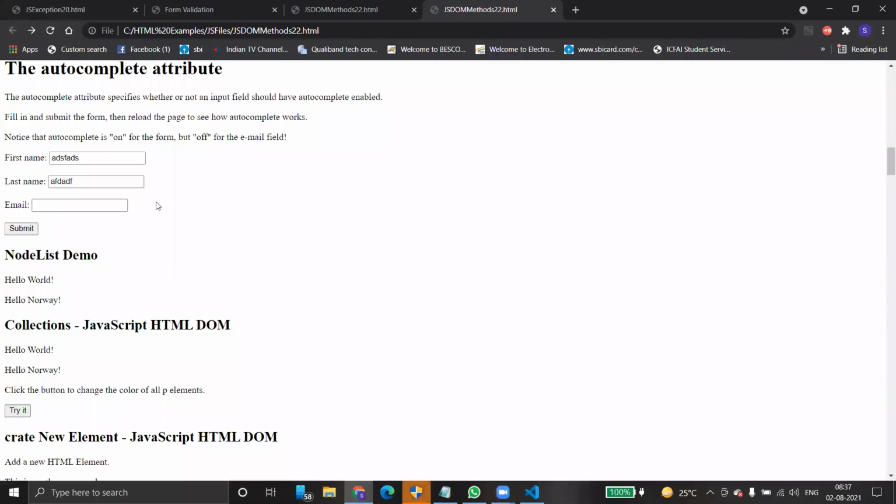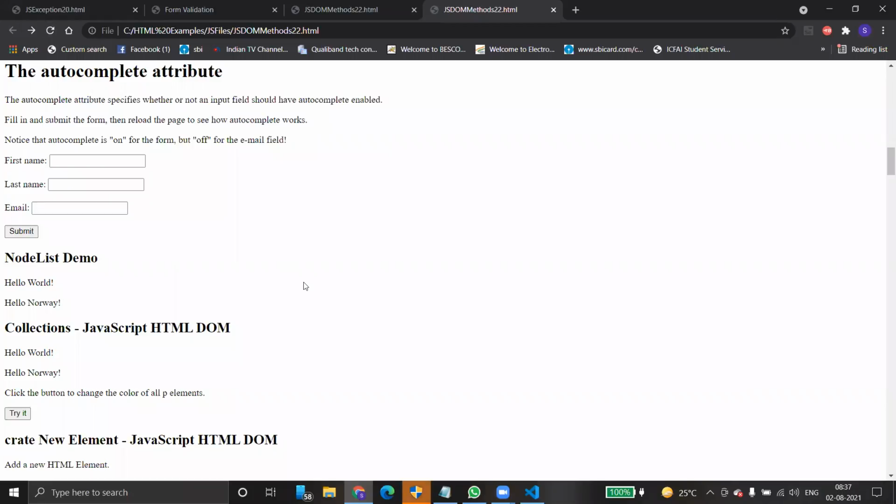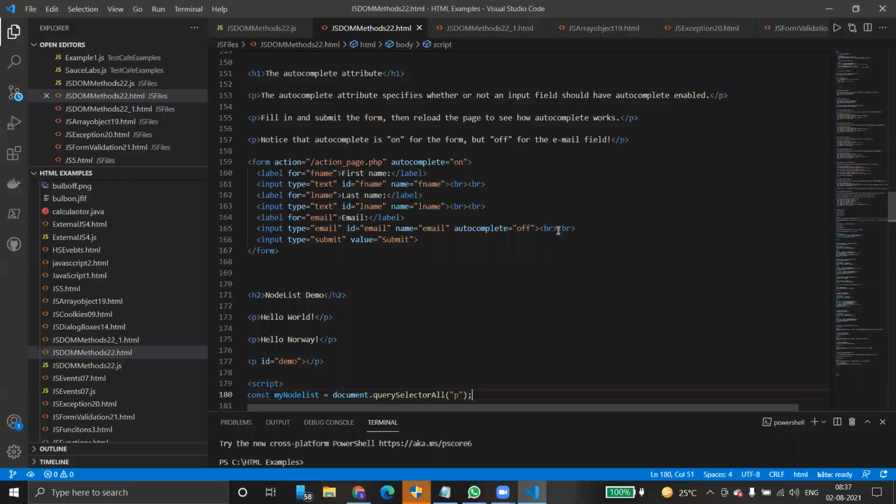Submitted. Go back. Reload this page. If you have PHP connected, I mean the backend code, then automatically the values will be populated in email. You can select it directly. But it is off currently. Make it on.